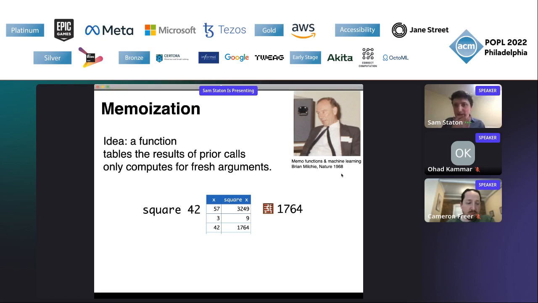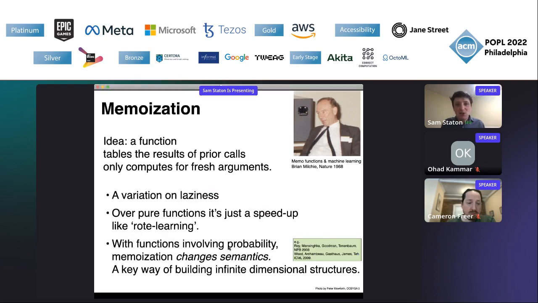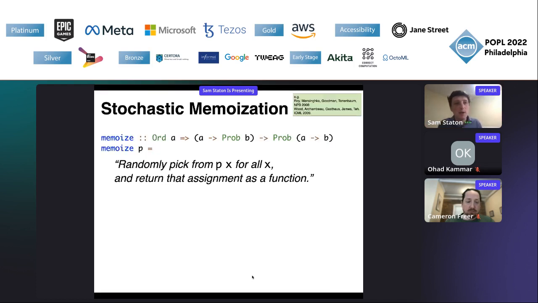back in 1968. Now, in the probabilistic setting, it's interesting because it changes the semantics if we memorize the results of random calls. Let me explain what I mean by that. And I think it's important because it's a way, as you'll see, of building infinite dimensional structures, of building new things inside the function types. So I want to think, in lazy people, there's a function called memoize, and it takes a parameterized distribution, a